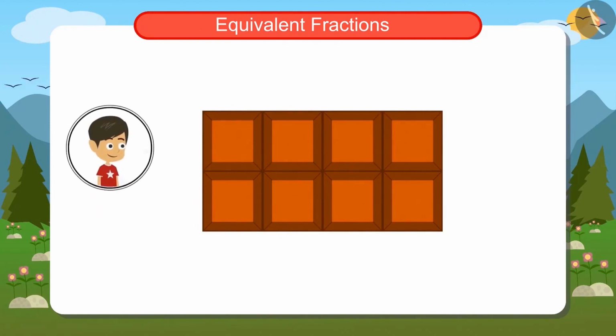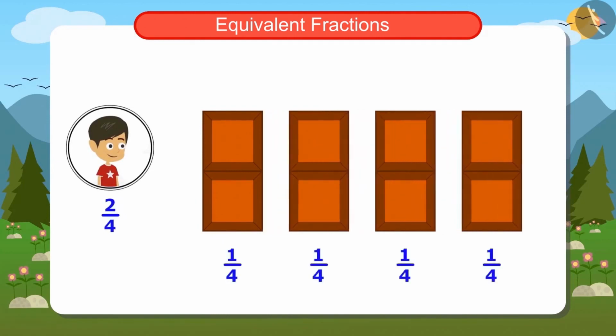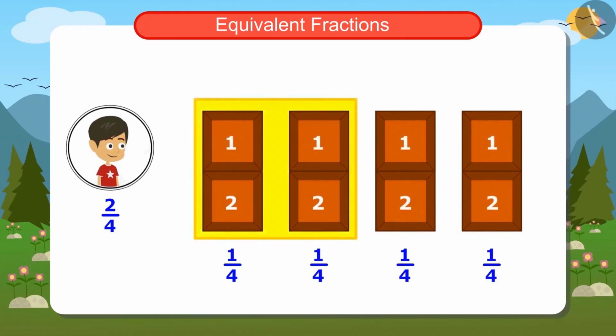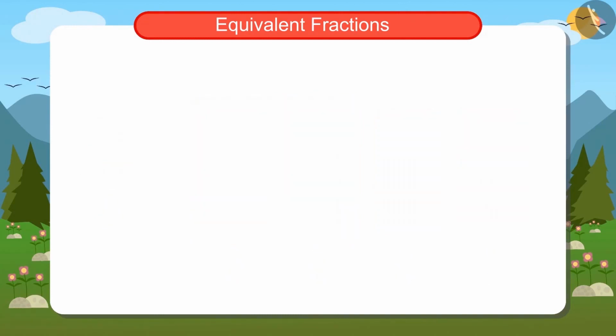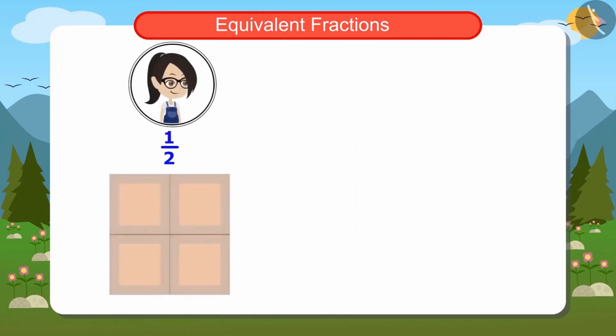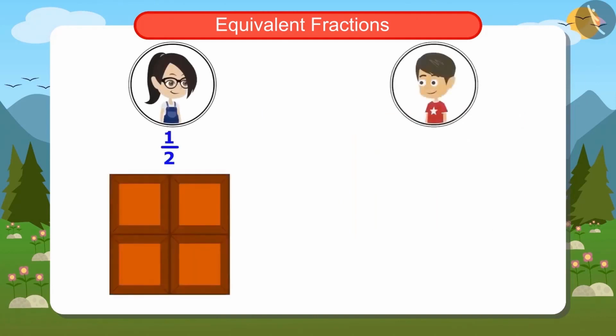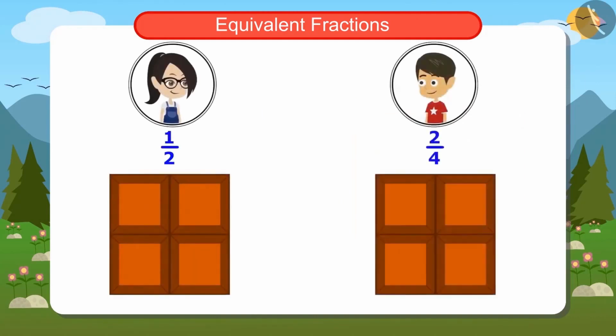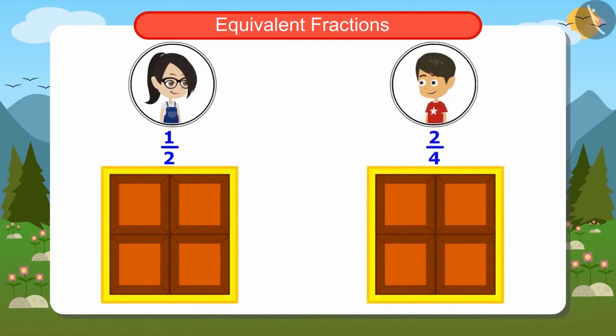Mummy said that you will get 2/4 parts of this chocolate. That is, if you make 4 equal parts, you will get 2 parts. If you make 4 equal parts of this chocolate, there will be 2 pieces in each part. Now when you receive 2 of these 4 parts, you will get 4 pieces. What is this? You got 4 pieces in 1/2 of the chocolate and I got 4 pieces in 2/4 of the chocolate? 4 pieces belong to you and 4 pieces to me.